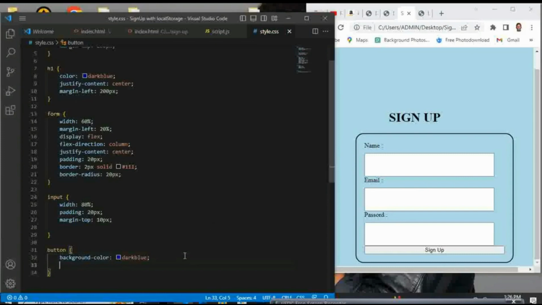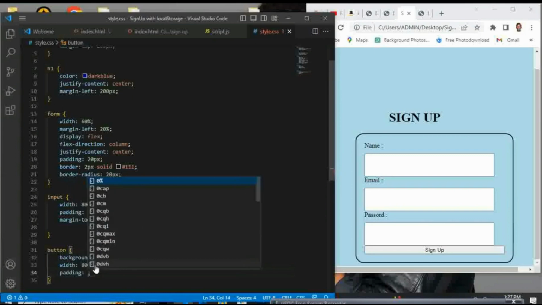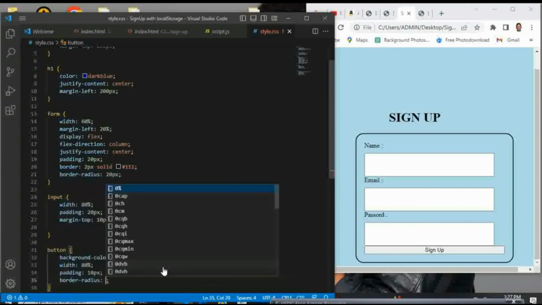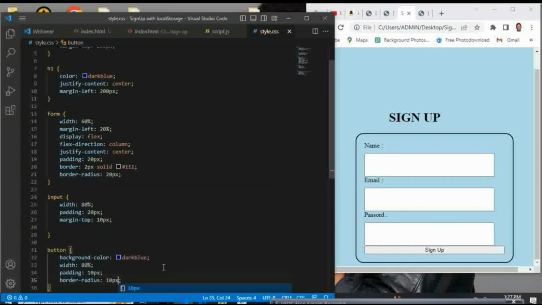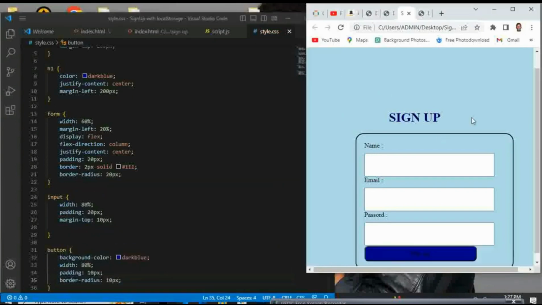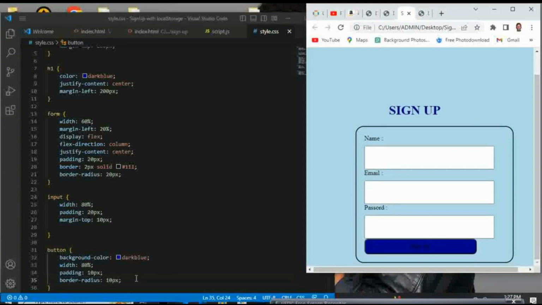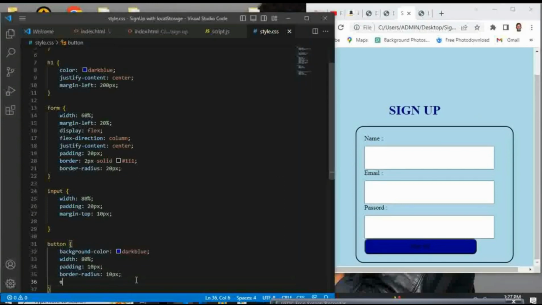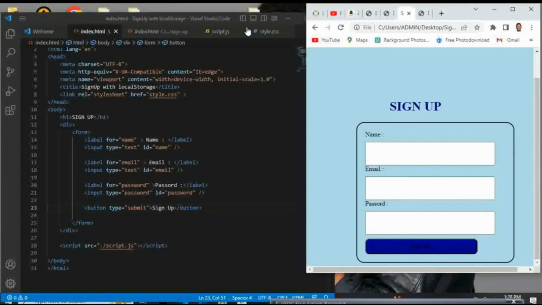This button, let's give it a width of 80%, plus a padding of 10 pixels, plus a border radius of 10 pixels. Let's give it margin top of 10. Let's go to the script,